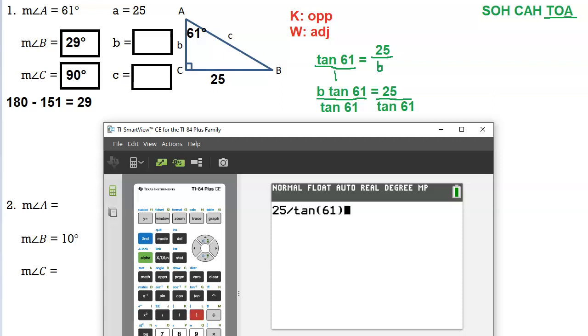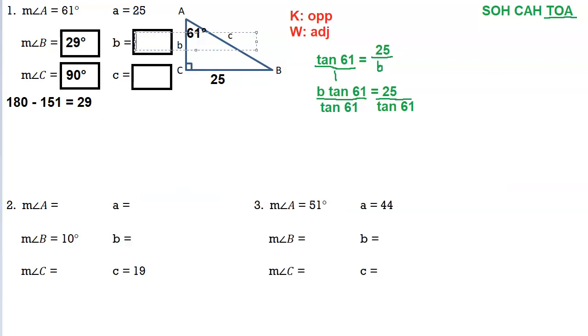Now, we are expecting B to be smaller than A because the bigger the opposite side, the bigger the angle. They match up with each other. So we get 13.86. All right, so let's put that in the blank for B, 13.86. All right, now, the last thing that we're going to need, we're going to want to figure out side